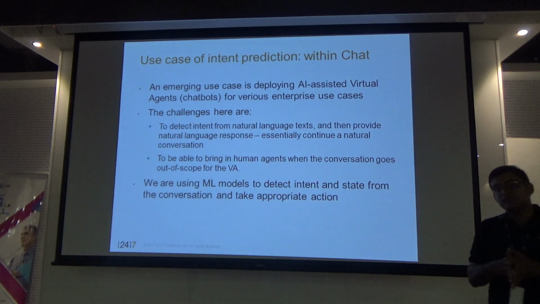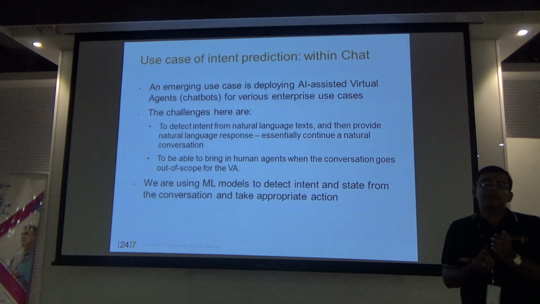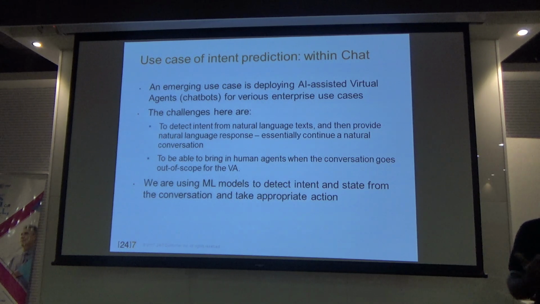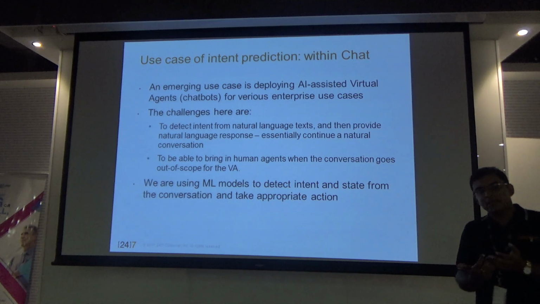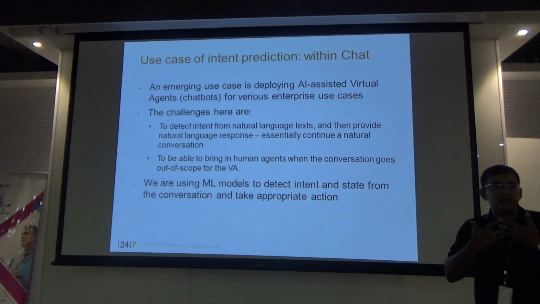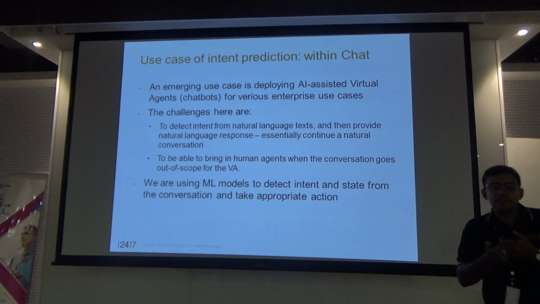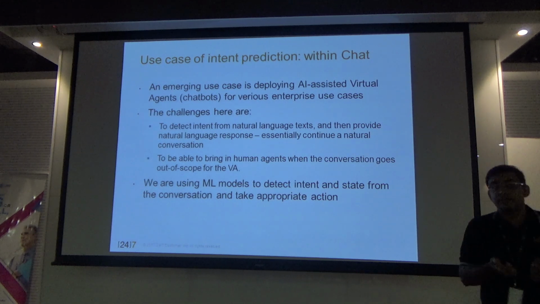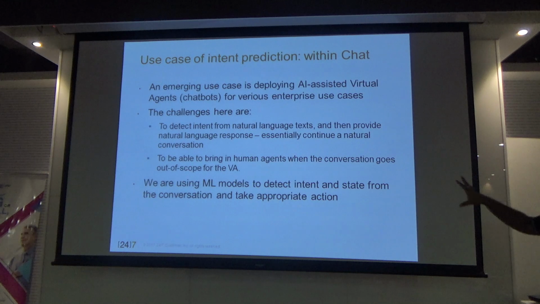The enterprise scenarios are a little bit different than, for example, a conversation with a trivia chatbot, right? So in an enterprise scenario, you are handling multiple intents simultaneously, sometimes interleaved intents. So in those cases, identifying an intent and identifying when to switch between intents becomes very, very important. So there are models that we are looking at, and this is a very emerging and cutting edge research area, but we'll discuss it a little bit towards the end.